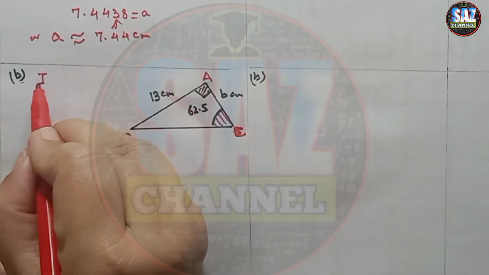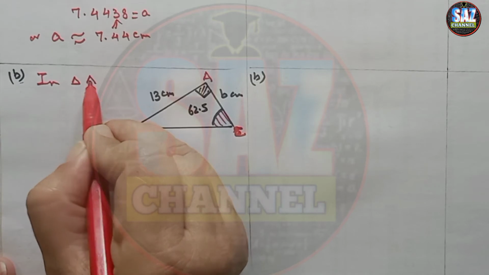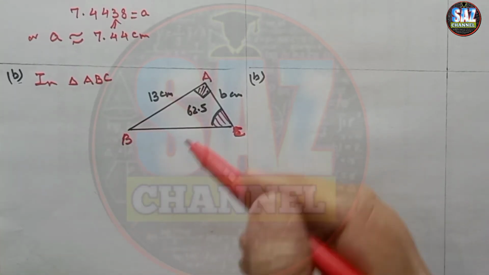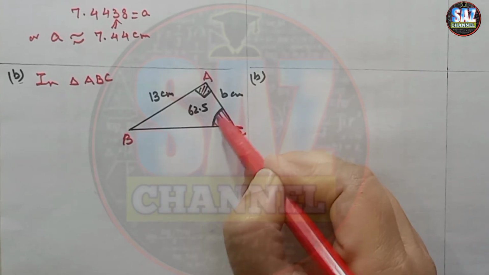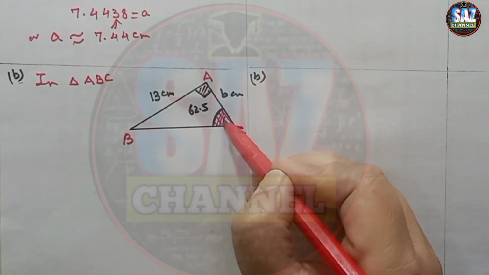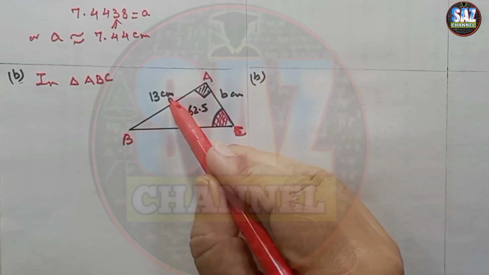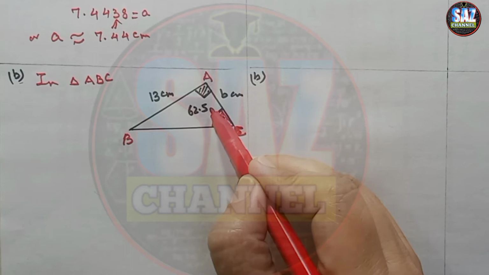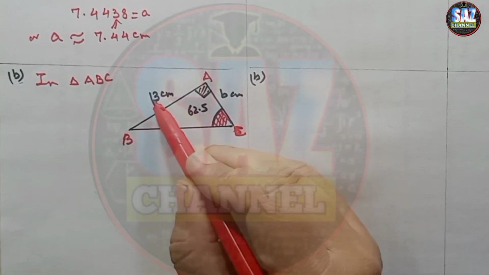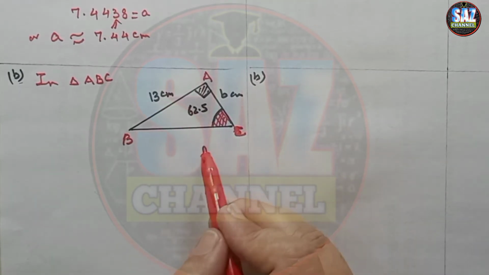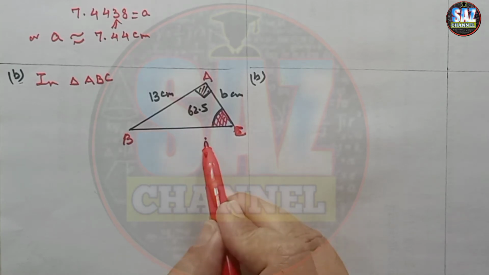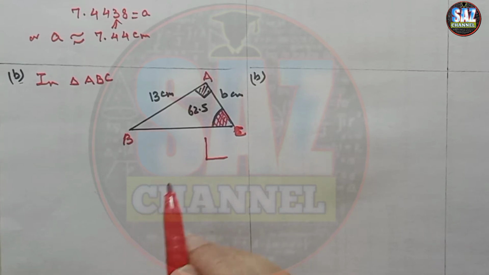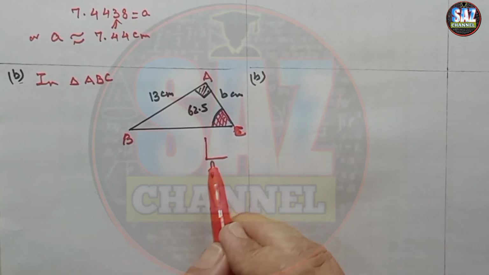In triangle ABC, it's always good to give the reference. Now decide, with the reference of this given acute angle, what is B and what is 13. B is the side adjacent to 62.5 degrees and 13 is the side which is opposite to this angle. These two sides are making the formation of L. So none of the sides will be the hypotenuse. You should have a clear understanding of this.